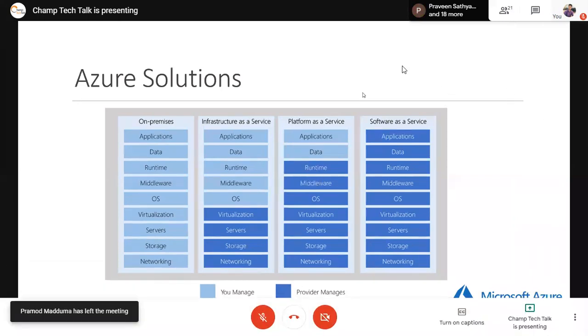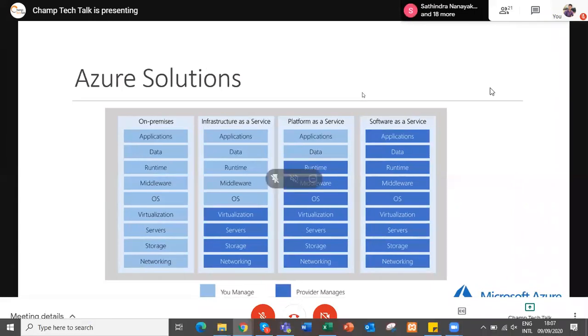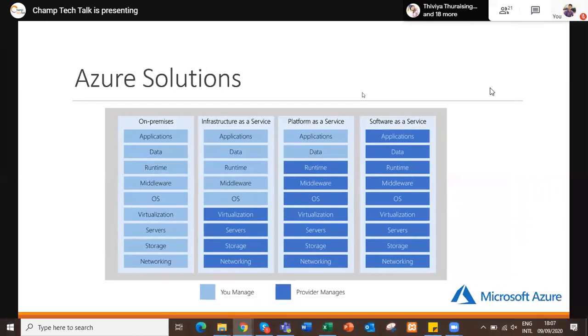You have to manage all these stacks when it comes to your data center. When I mention your data center, that means on-premises. You have to manage the networking, security, and servers. If a lightning attack comes and destroys your server, that could happen. So you have to manage everything.